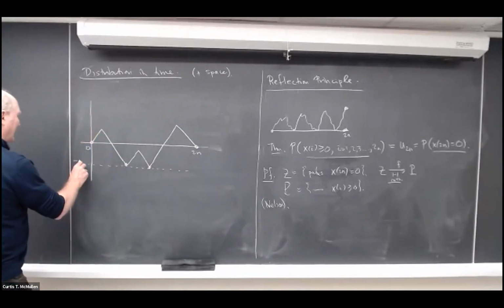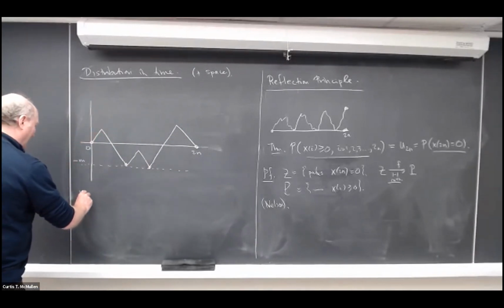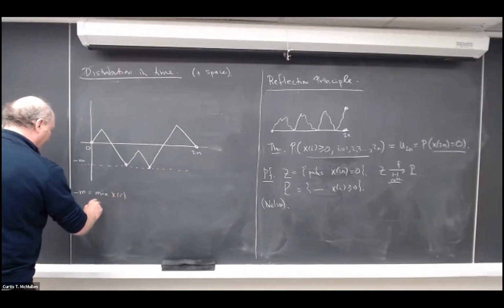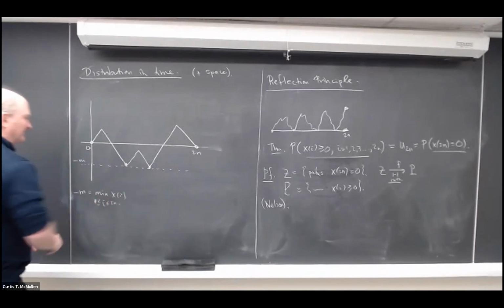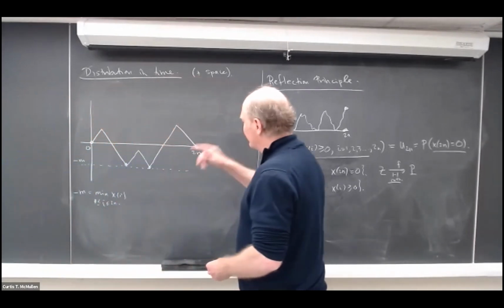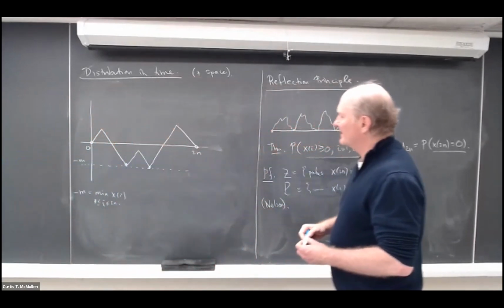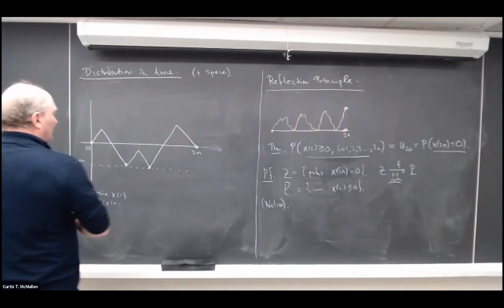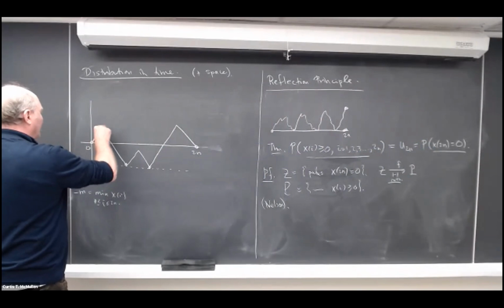Let's call that minus m. So minus m is the minimum value of xi for 0 less than or equal to i less than or equal to 2n. It certainly is, m is certainly greater than or equal to 0 because we started at the origin. And now we're going to do something really clever, which is we're going to take this part of the path